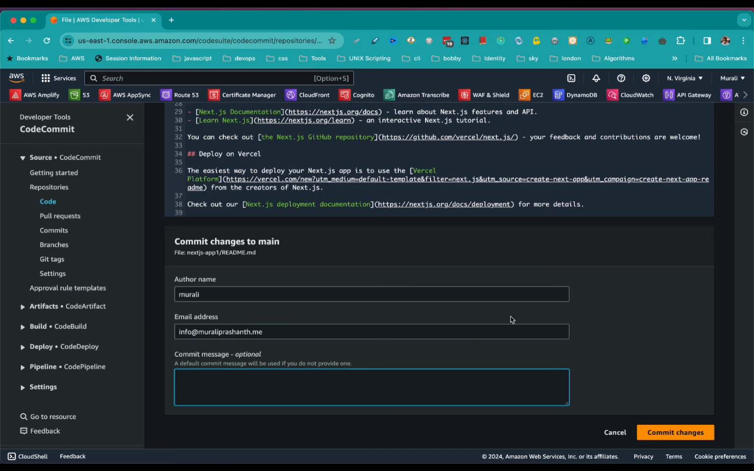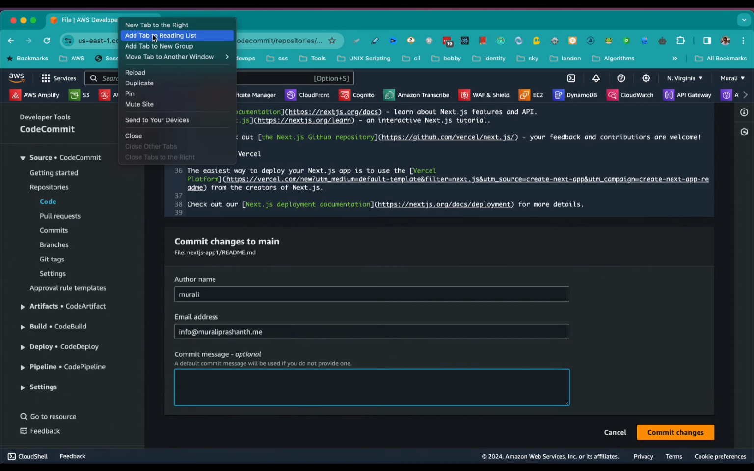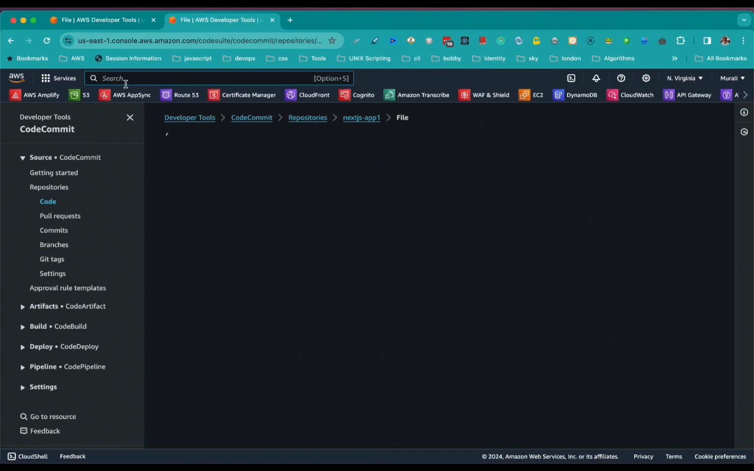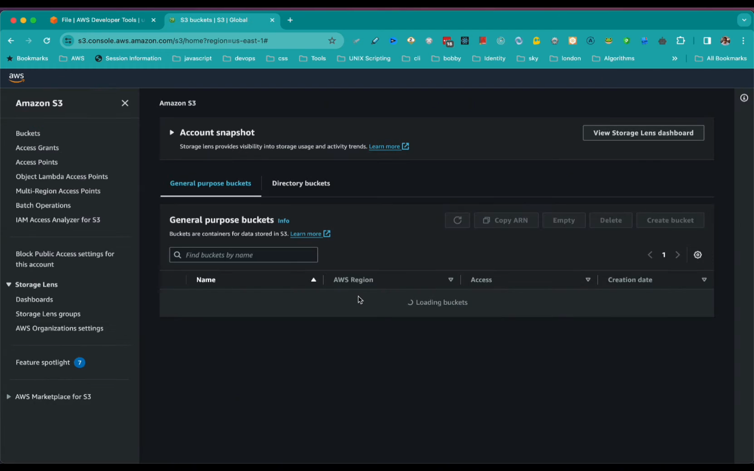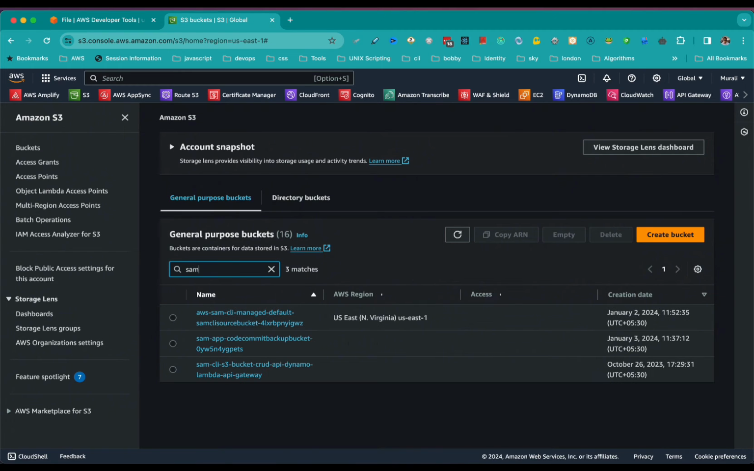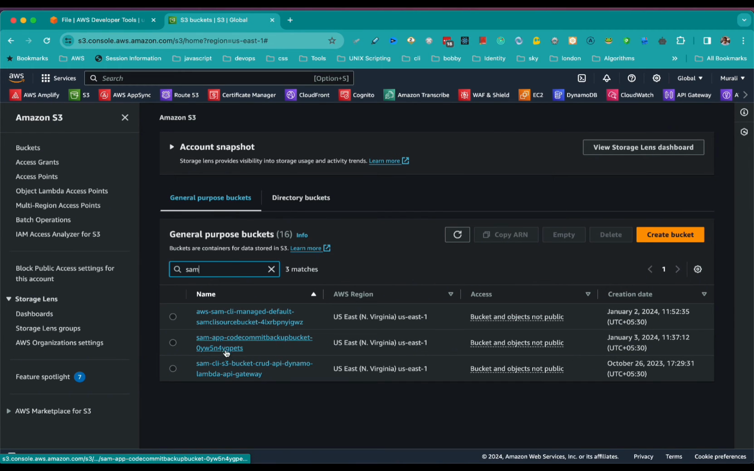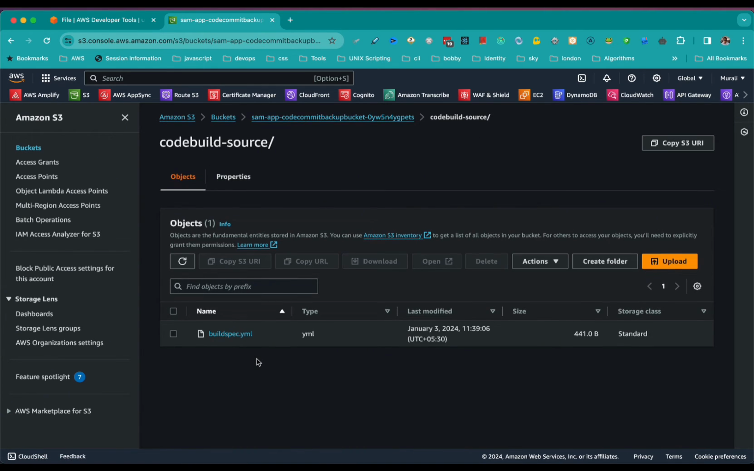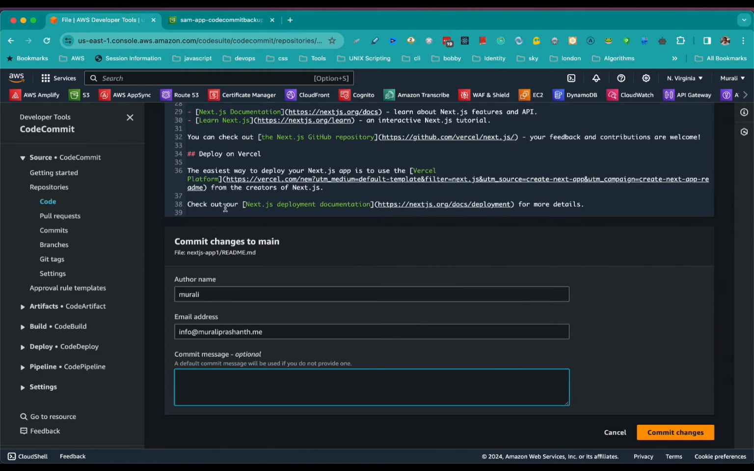So before we test the change, what I would like to do is duplicate this tab and go to the S3 bucket and see what is there. Let me find the bucket name using the SAM app code, probably this one: CodeBuild source, buildspec. So this is the buildspec that we have created using our Lambda function that I've shown earlier. Now, if I go back to this one,